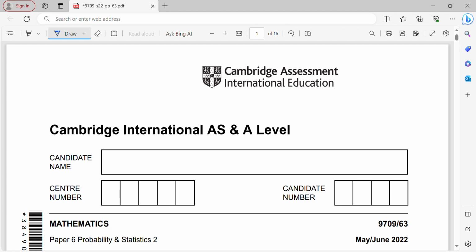This video is to discuss Cambridge International AS and A-Level Mathematics, Paper 6, which is a probability and statistics paper for May-June 2022, and the code is